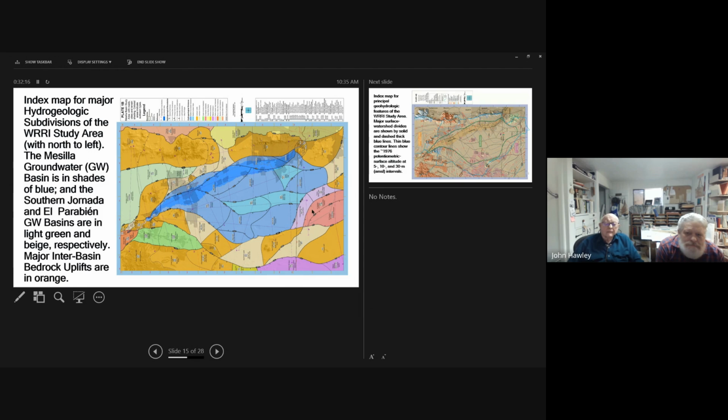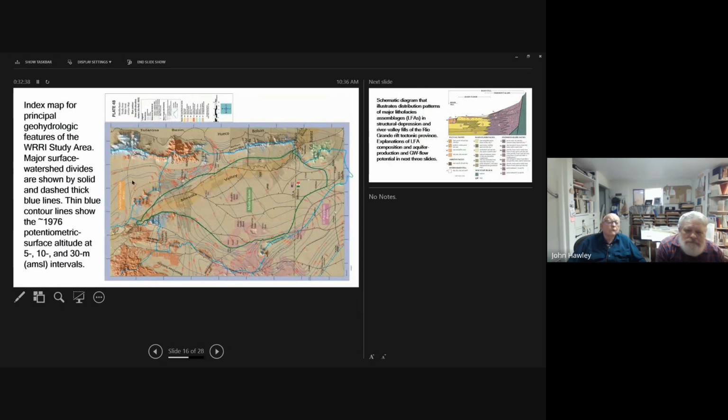And we'll notice that what's called the Mesilla Basin here is separated from the El Paso Basin by a buried bedrock high that connects a mountain range in New Mexico, the Potrillo Mountains, with